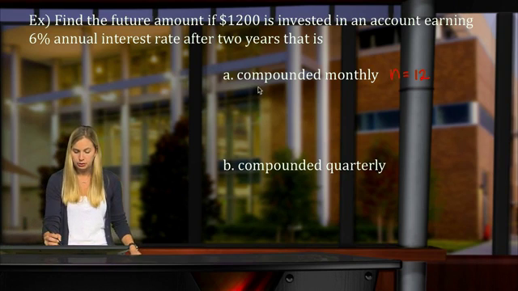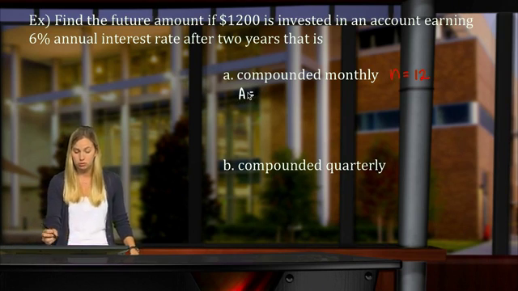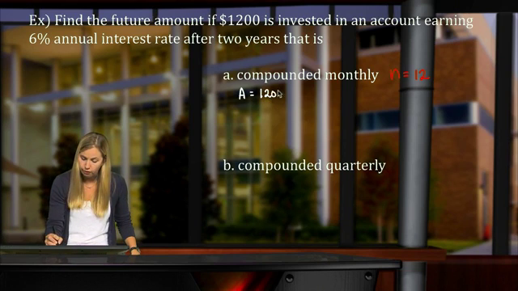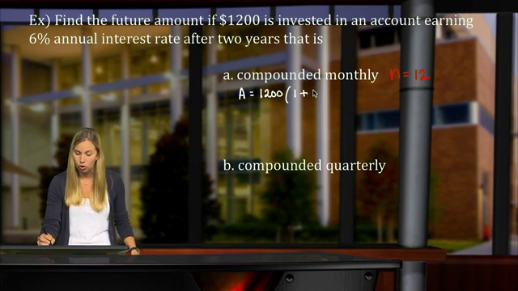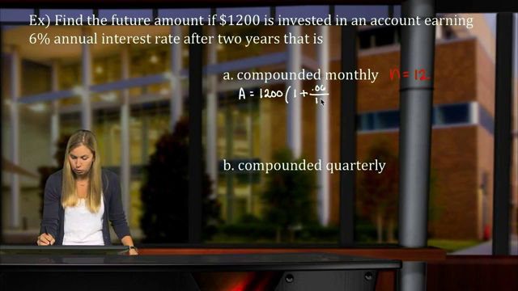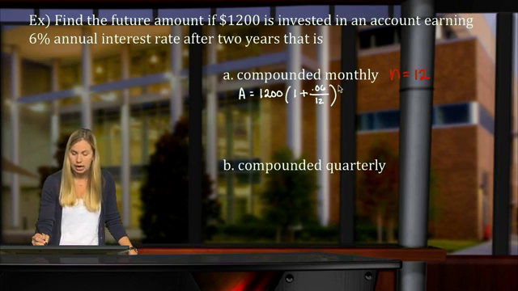So we plug our values into our formula. A is what we're trying to find. That's our future amount. Our principal was $1,200 times 1 plus our interest rate was 6%. So its decimal form is 0.06 over n, which is 12, raised to a power of 12 times t,